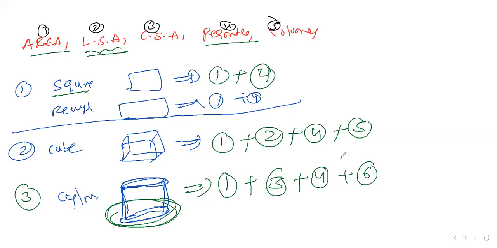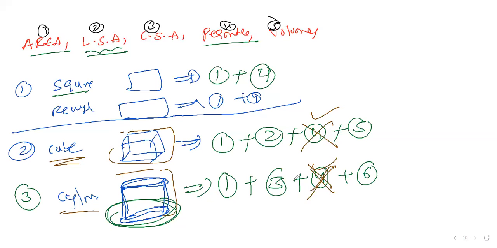Okay. Now one more interesting concept. You are not supposed to calculate the perimeter in the cube concept or cylinder concept, because the bounding is already there. Generally I'm telling you, it is about how much fencing is required, but generally we are not supposed to calculate it. This thing should be very clear. Now clear? In all volume cases, this is pi. Now this is the difference between area, lateral surface area, curved surface area, perimeter, and volume. Very good.